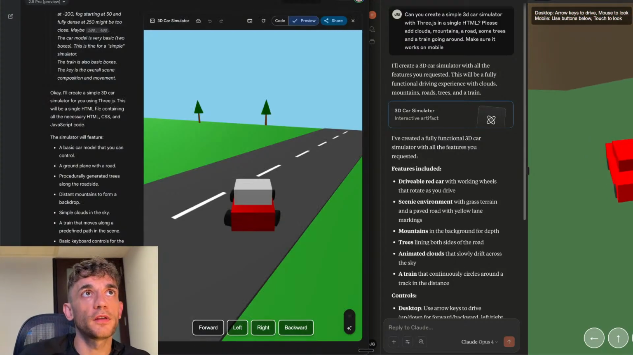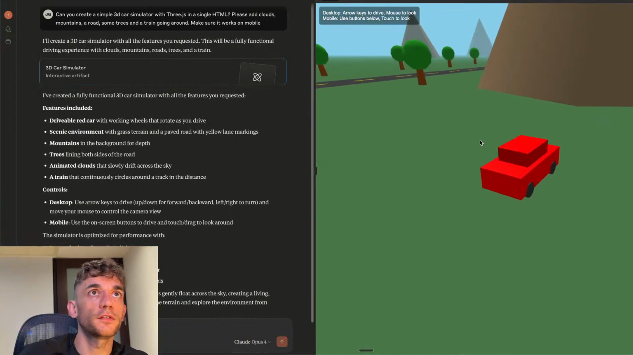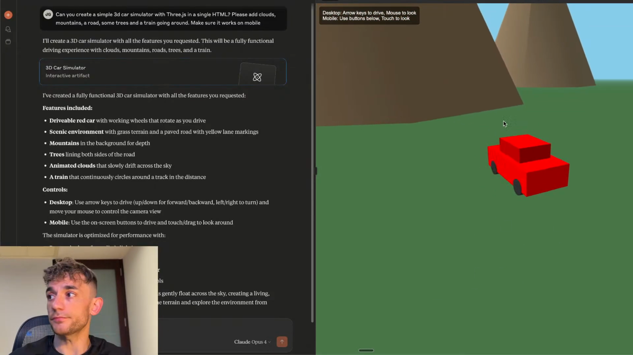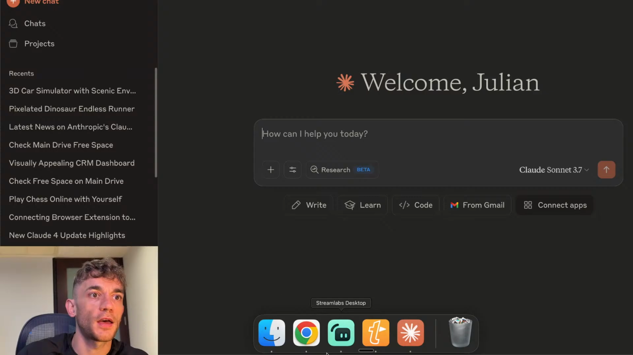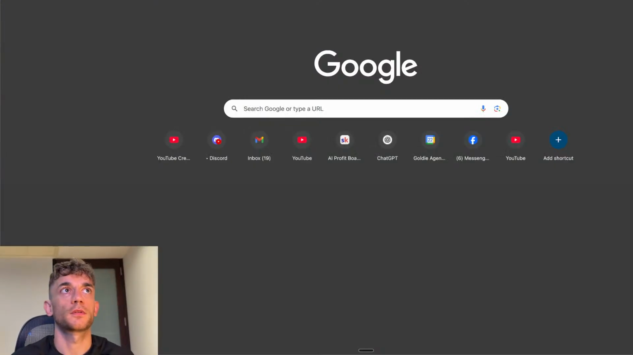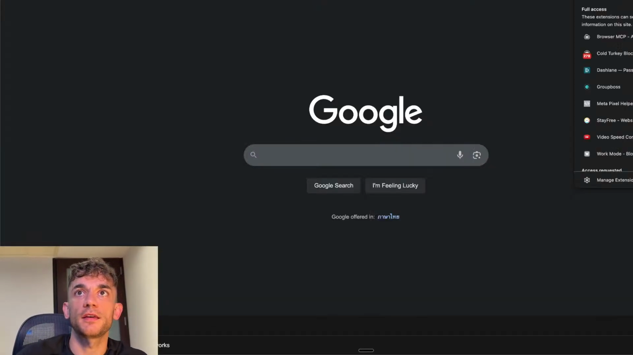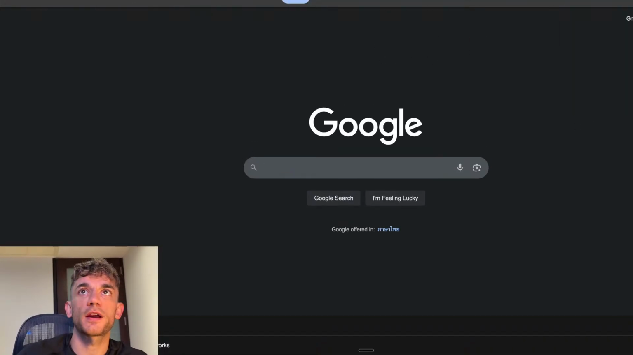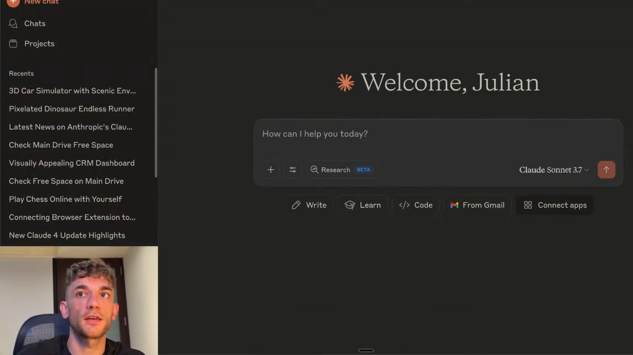Now, one of the ways Claude wins, I would say, versus Gemini, is that Claude can actually control your browser. So, for example, if I go over to Claude here, and I open up Claude Desktop, right? And I'm just going to enable, inside the browser here, the Browser MCP agent extension. As you can see, all this training is inside the AI Success Lab if you want to learn how to set this stuff up. But we're going to go inside Claude here, and using the Browser MCP, that only Claude